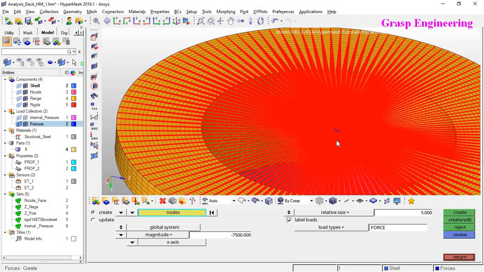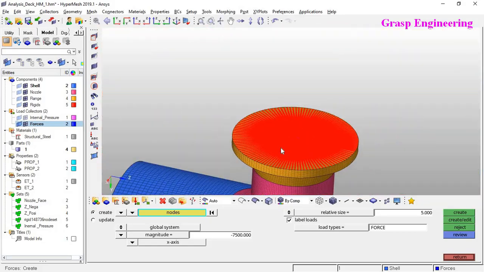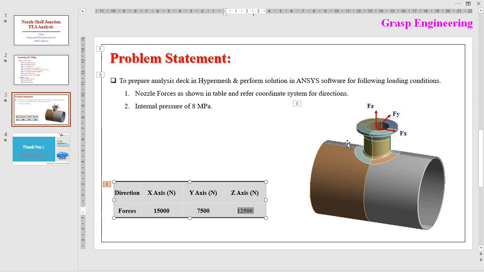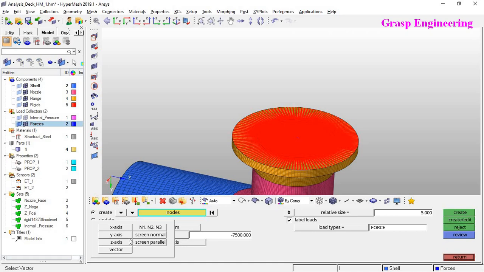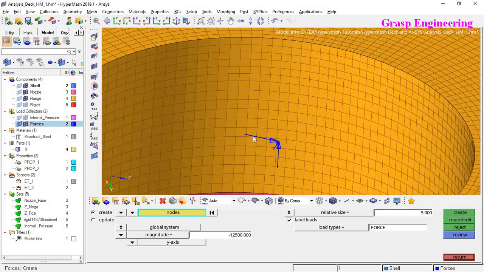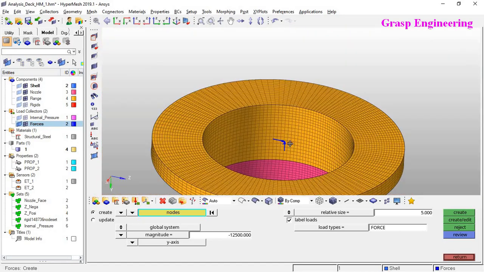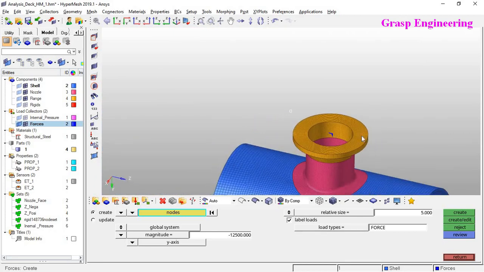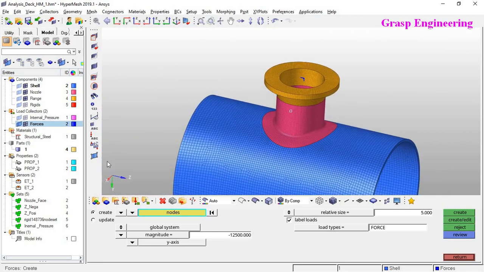Create. Now another force got created. Now let's refer to another one. 12,500 is the vertical one. So let's refer here, vertical is the y-axis. Let's apply minus 12,500. Select the node, create. Now if you hide rigids, you can see we have created 3 different forces in the XYZ directions according to the local coordinate system, and we applied them in the global coordinate system.